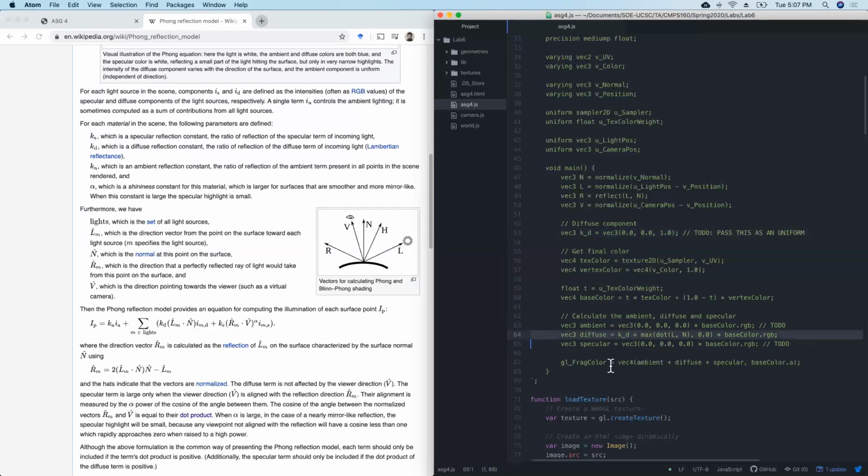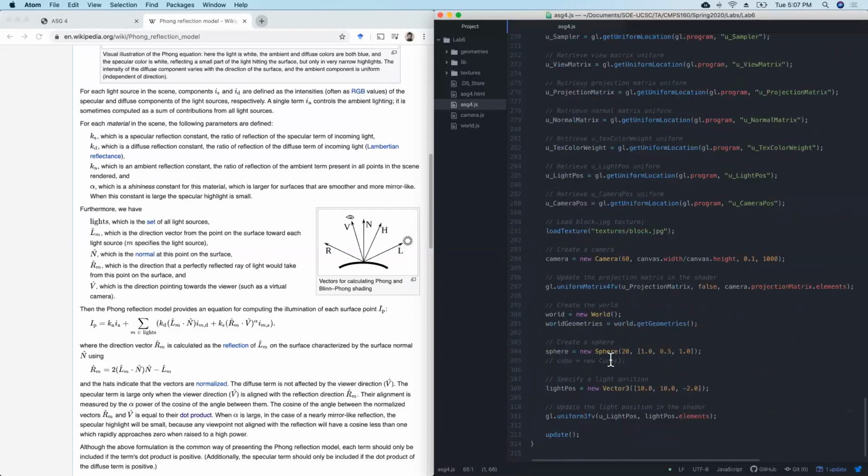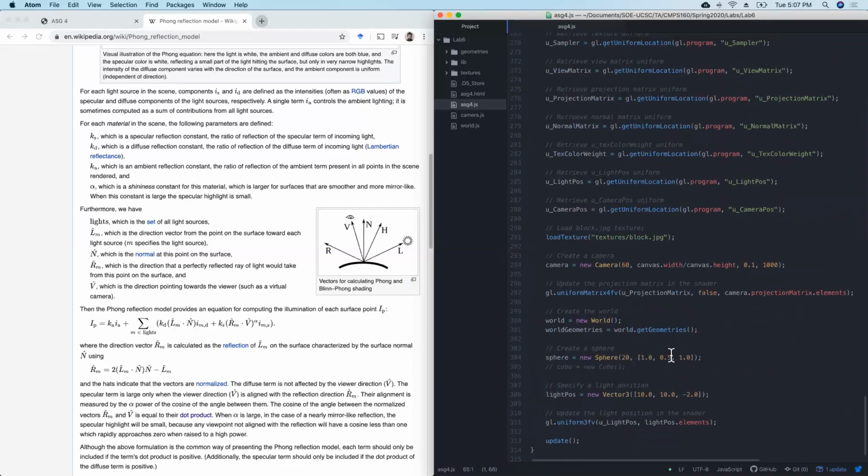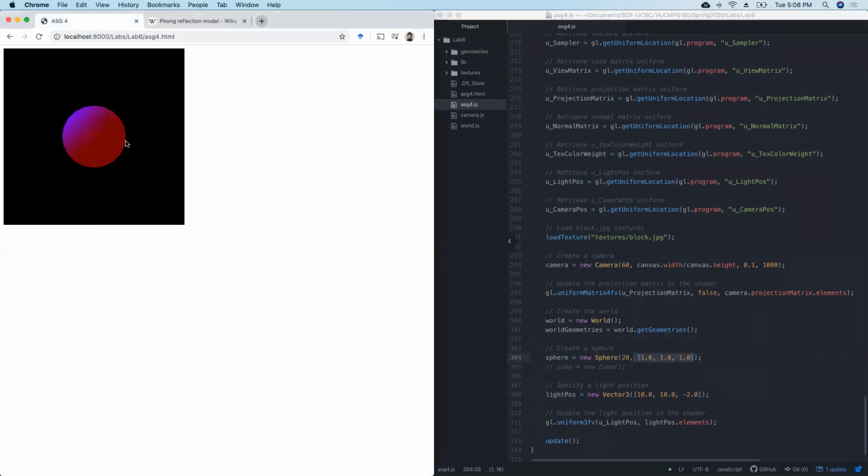Let me show you how this looks. I'm going to bring it back to how it was in the beginning. Actually, it was just a white sphere. Remember, the second argument here of the sphere is the vertex color of the sphere, and the base color here is also our I component, but this is our sphere color. And if you render this,